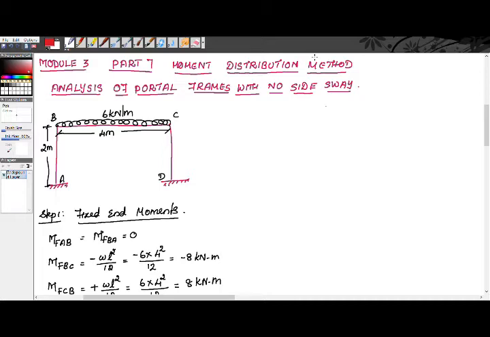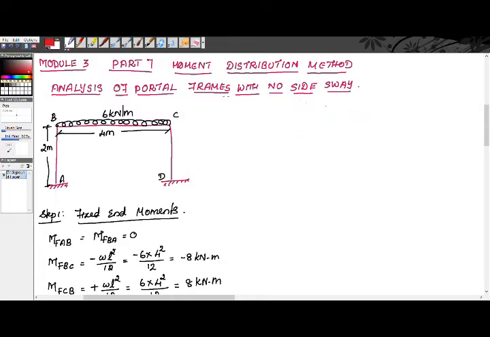Then we saw how to analyze a continuous beam resting on elastic column. So the difference is in the previous cases, when you are taking a continuous beam alone, there will be maximum 2 elements meeting at a joint. But in the last problem, we saw a continuous beam resting on elastic column, which means 3 members meeting at a joint. So today we are going to analyze another problem.